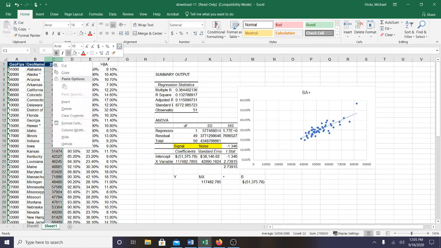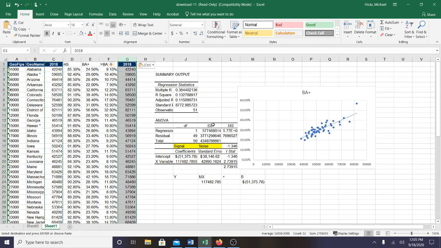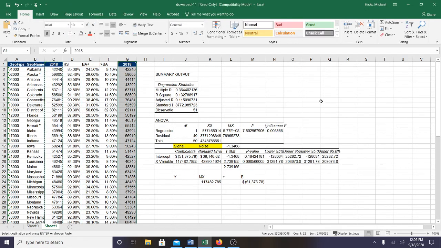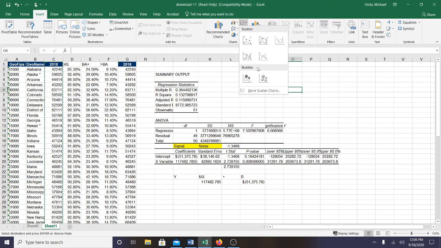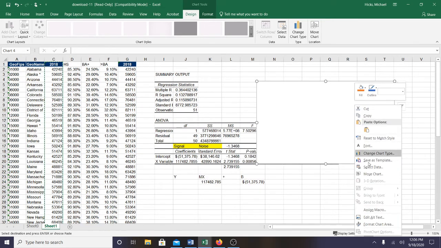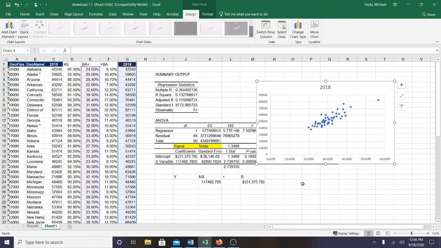Let me see if I can defeat one of the problems with software, which is that it has its interests without appealing to yours. So it doesn't matter what the variables to the left are, they're always going to be y, and you have to just move them. So we're going to select data. We're going to have bachelor's degree. There we go. So the horizontal axis is the explanatory variable. In this case, it's going to be